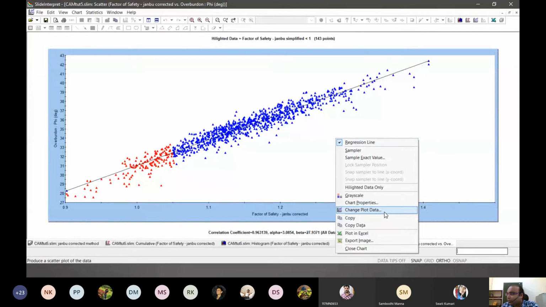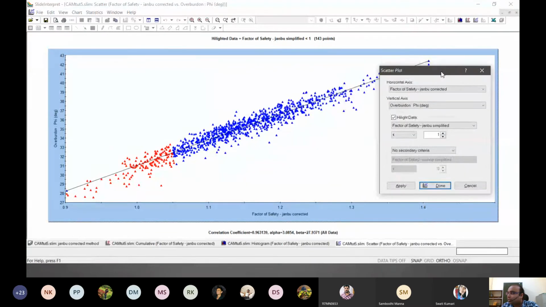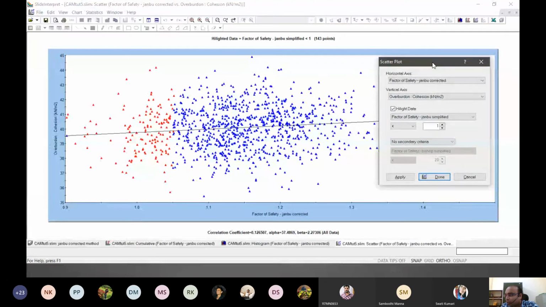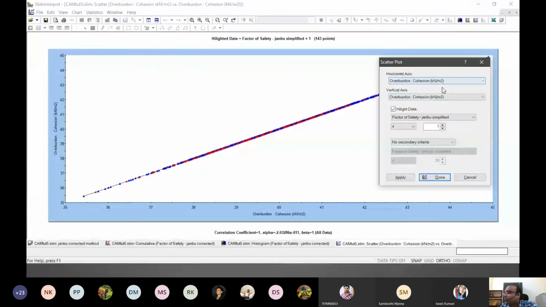And we also know few things, like if we want to see other relations like cohesion. Cohesion, though not that good a correlation with factor of safety, generally affects it more. So even in terms of... hey, what am I doing? Sorry. Okay, my mistake. That x-axis is factor of safety.